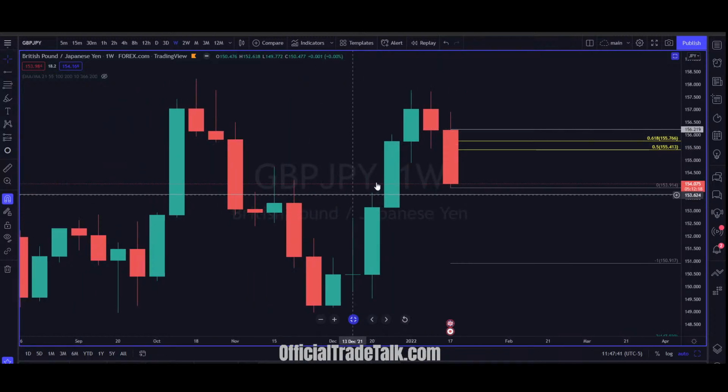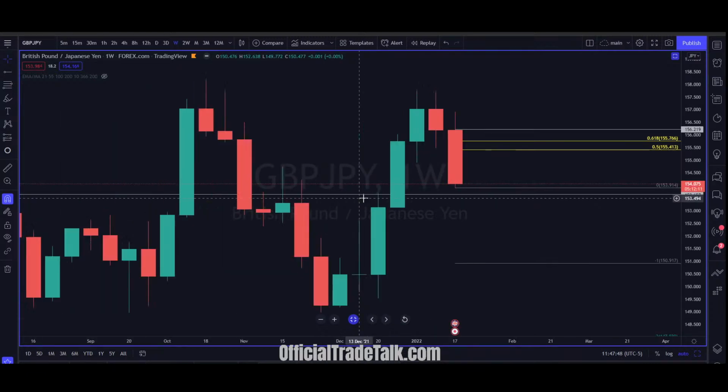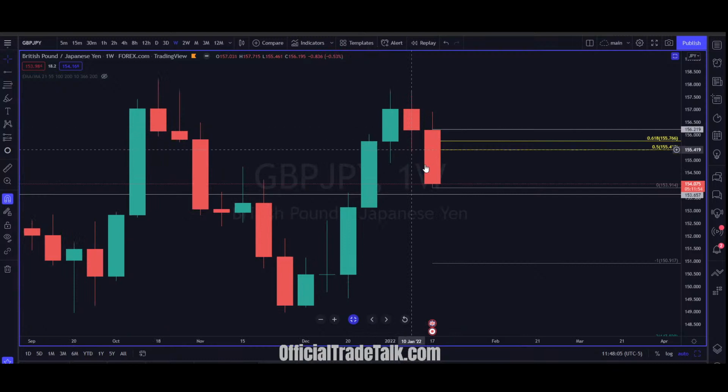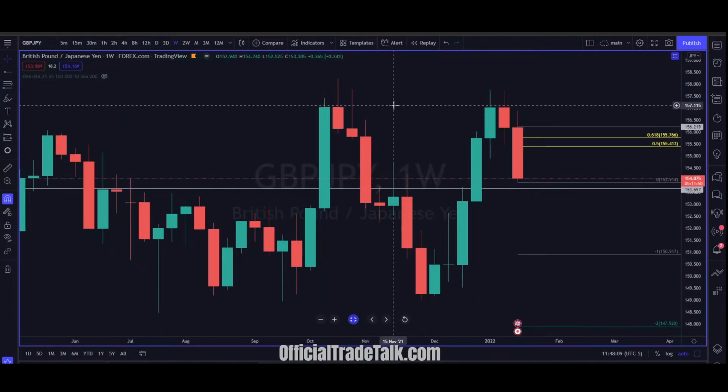And since it's paired against that ungodly beast, the Japanese yen, then typically if the yen starts to get bullish because the risky markets are cutting loose, you'll start to see the Japanese yen get bullish strength. That's just what used to happen. It does not mean it will happen this year, but we can keep that in the back of our heads. So that's why you got bearishness here.